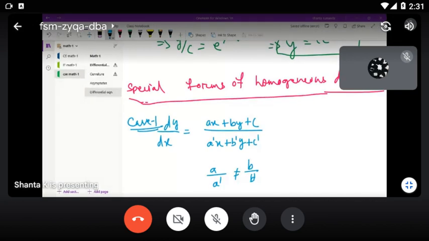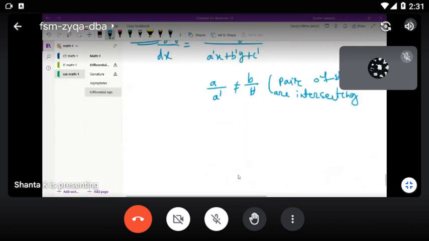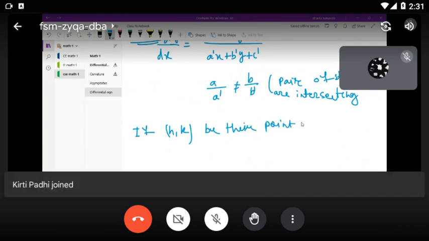That means the pair of straight lines are intersecting, and h, k is the point of their intersection,